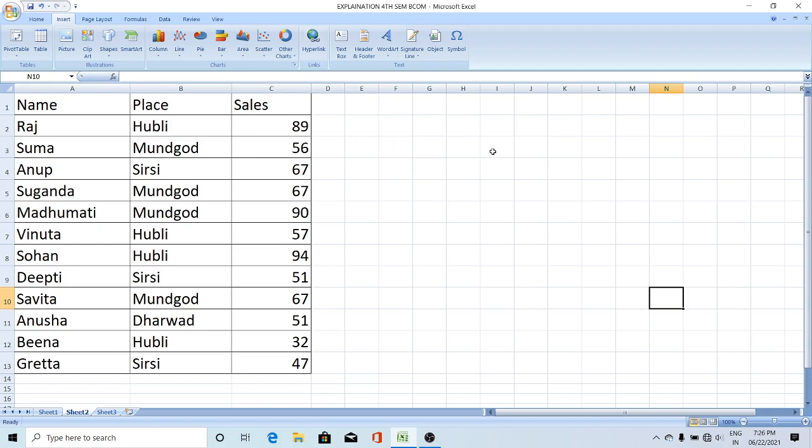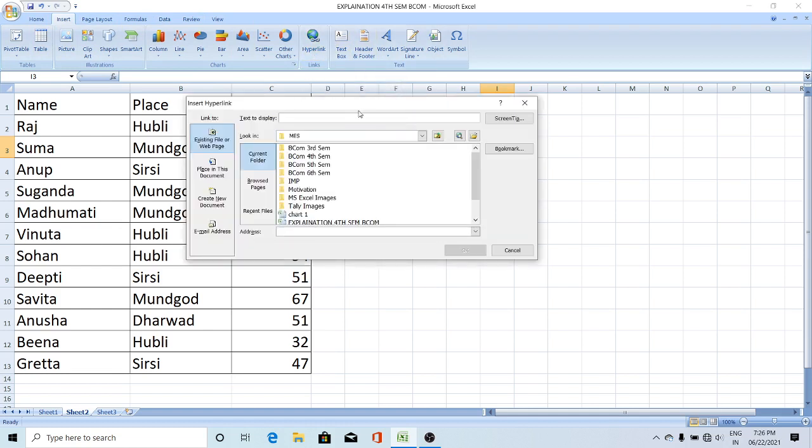Wherever you want to give a link, keep the cursor pointer on that cell. Here, I3 is the active cell now. The Insert tab is active here. Click on hyperlink. If I want to open the chart file from that link, the files are displayed on the screen.